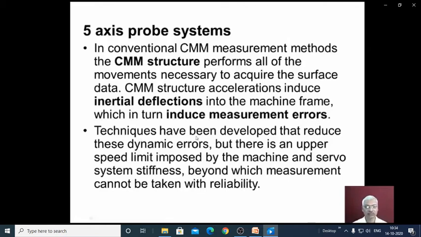Many techniques have been developed that reduce these dynamic errors, but there is an upper speed limit imposed by the machine and servo system stiffness, beyond which measurement cannot be taken with reliability.